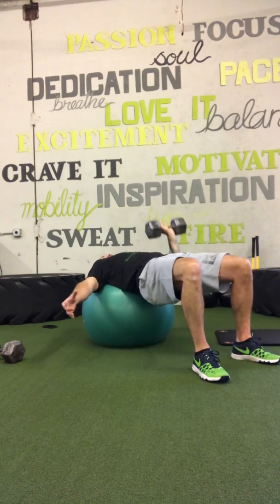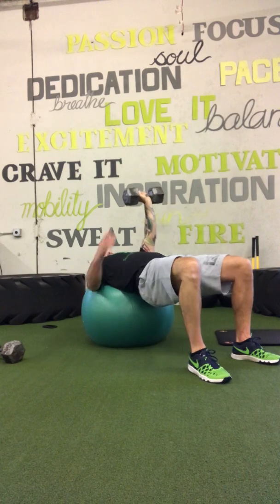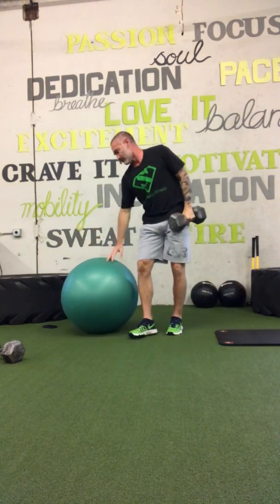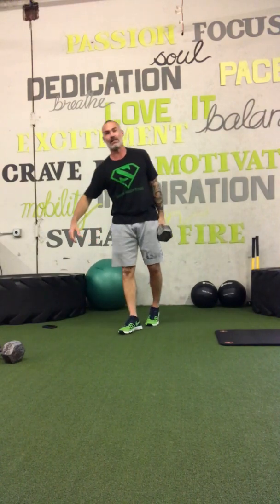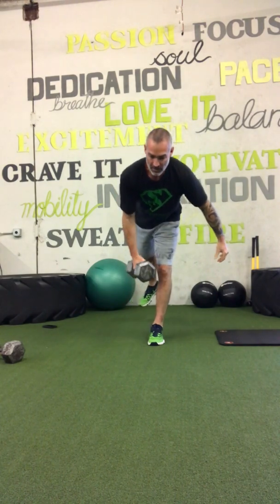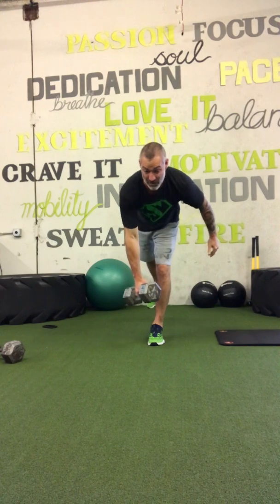Stability, pushing. You've got mobility of the shoulder joint. You've got activation of your chest as the ultimate goal. 20 on the right pull. Remember the balancing component. I hope you've been mixing up your legs, because when you were pulling on your left,